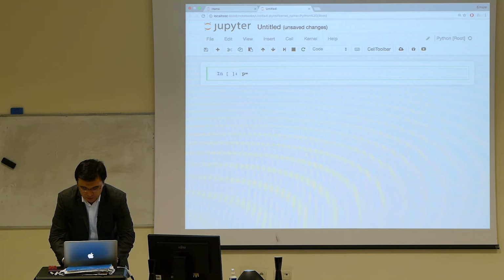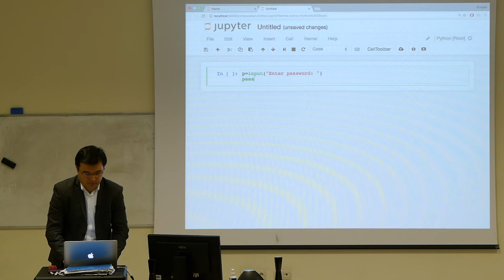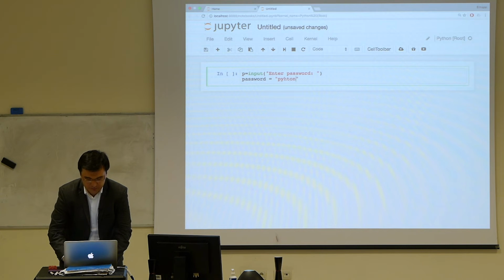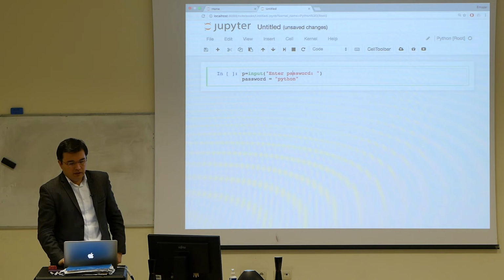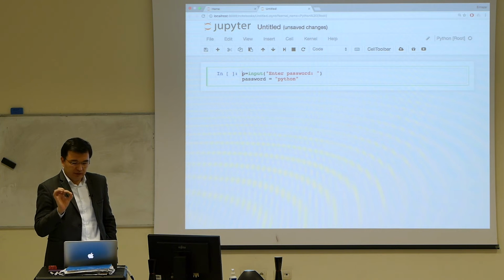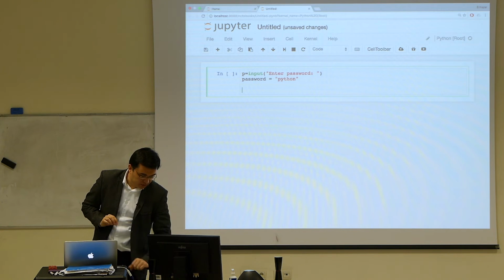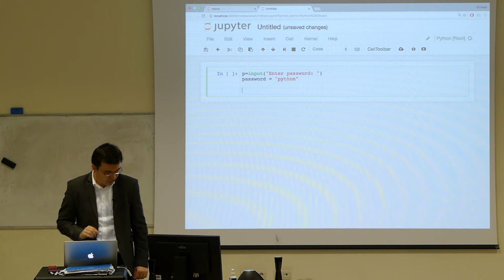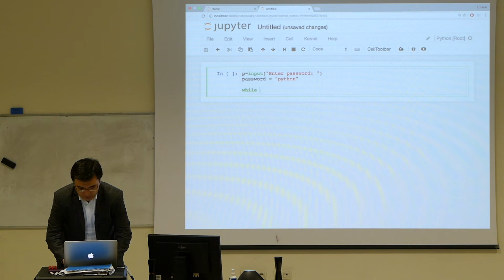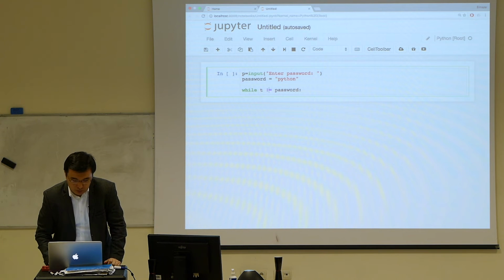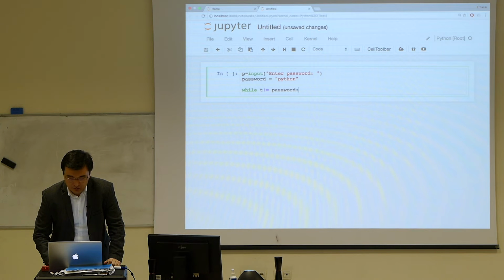Let's call it P is equal to input, enter password. Now let's say the correct password is Python. In this line, Python asks the user to enter the password, and this is the correct password. And now we have to check whether the password is correct or not. So I can do it through while. While P is not equal to password. So if what we entered is not equal to the correct password, what